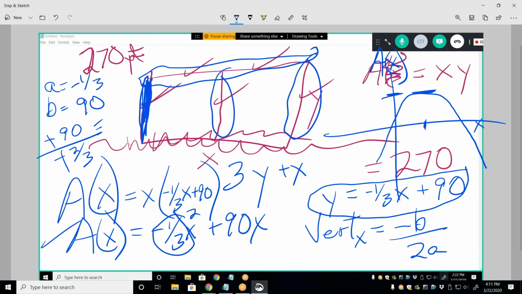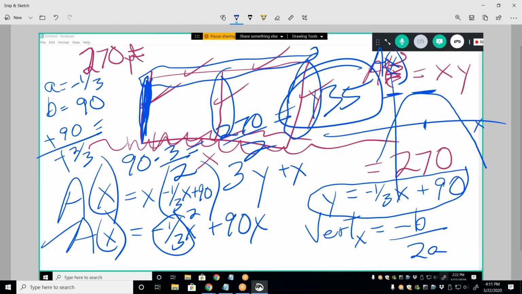So it's 270 over 3? It's 270 over 2. That's why you should do this on paper, because it's really easy to make that kind of a mistake when you're doing it in your head. You do it on paper, you get 90 times 3 halves, which is 270 over 2, which is 135. So that is the x value